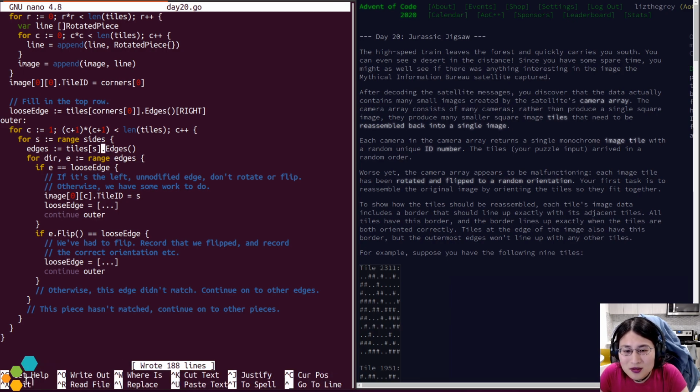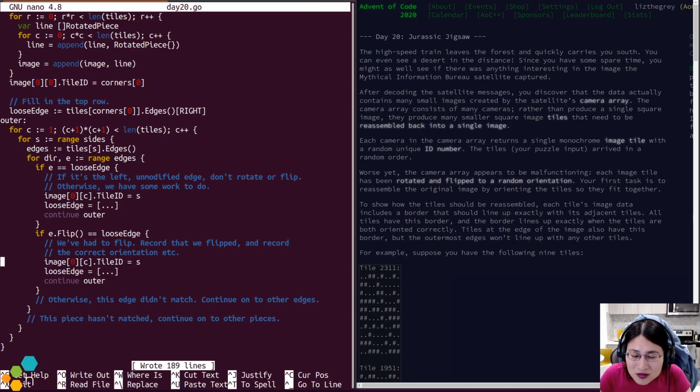Okay, that has to be that. Okay. So I'm reading top to bottom and left to right. Just think about this.